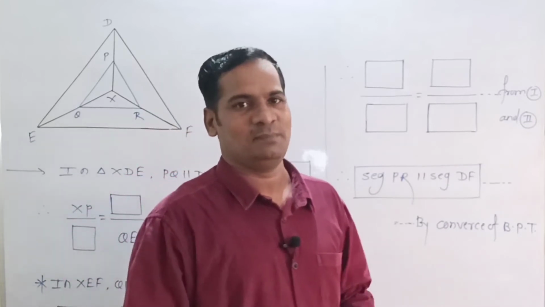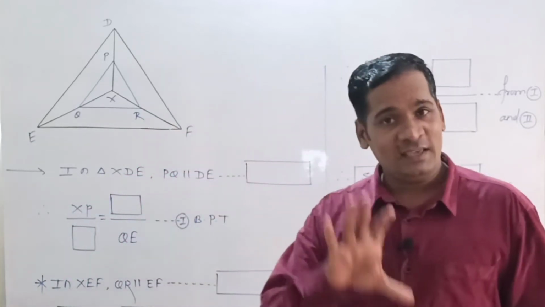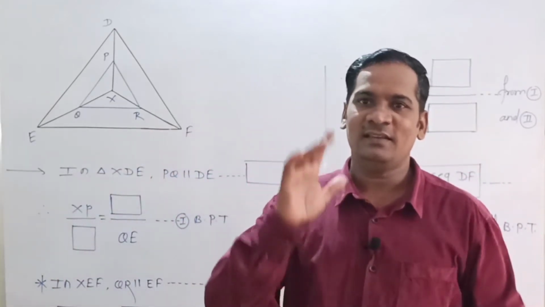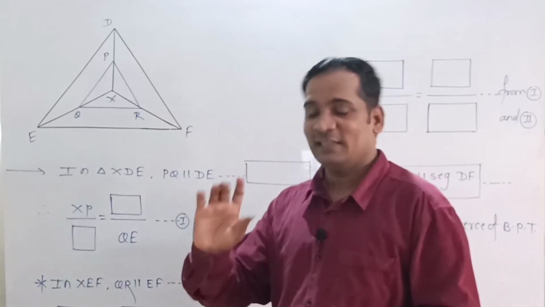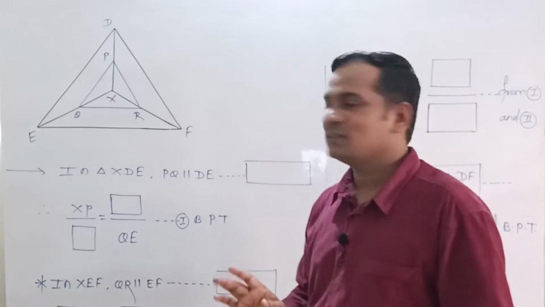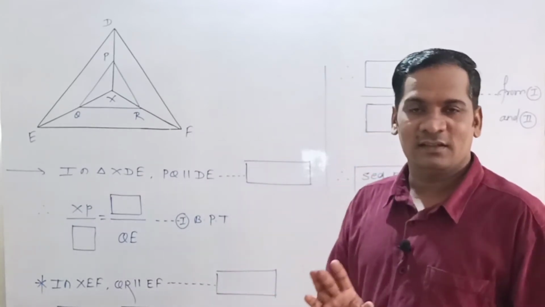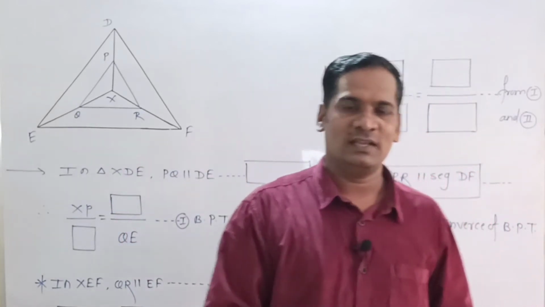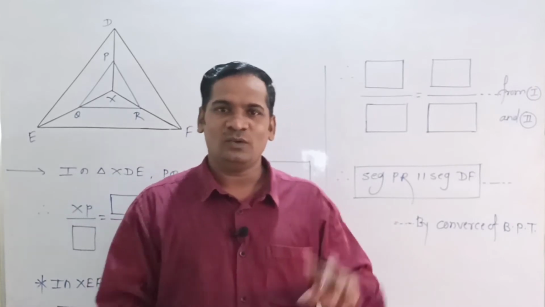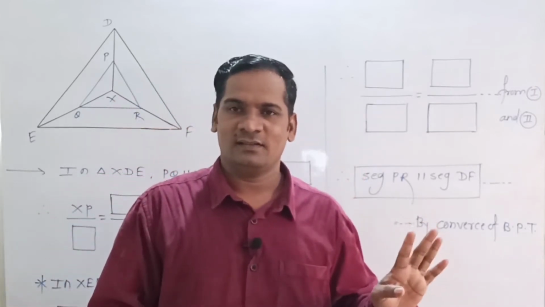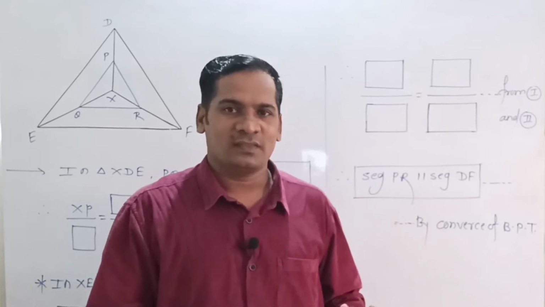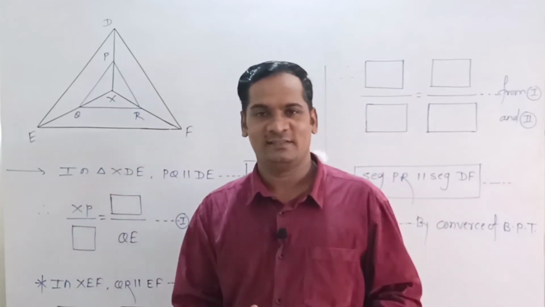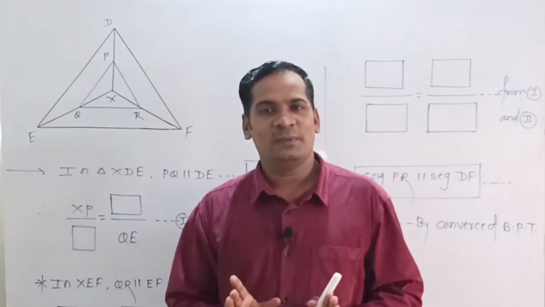Now what is the converse of the basic proportionality theorem? If a line divides any two sides of a triangle in an equal ratio, then that line will be parallel to the third side of the triangle. That is the converse of the basic proportionality theorem. So let's use it. But before that, two segments are given parallel, so one by one we are taking those triangles. Mind well, even though it is an activity, we must know how to solve that example. Then and only then can we complete that activity.